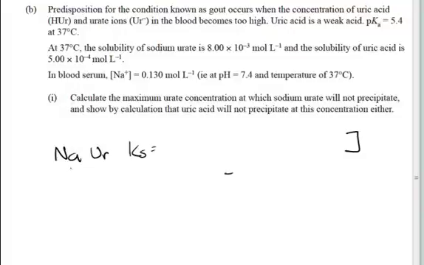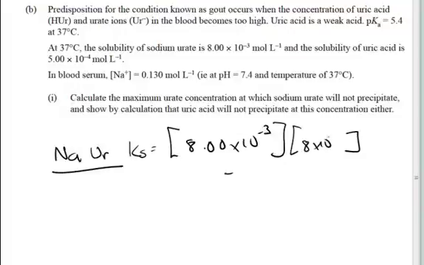Remember, when we talk about solubility, we are not talking about the Ks value. This is the amount of moles that will dissolve in 1 litre. So if we're given that, we can work out the Ks for that temperature. So in fact that's what we'll do for sodium urate, NaUr. If we work out the Ks for that, that's simply going to be a matter of 8 times 10 to the negative 3